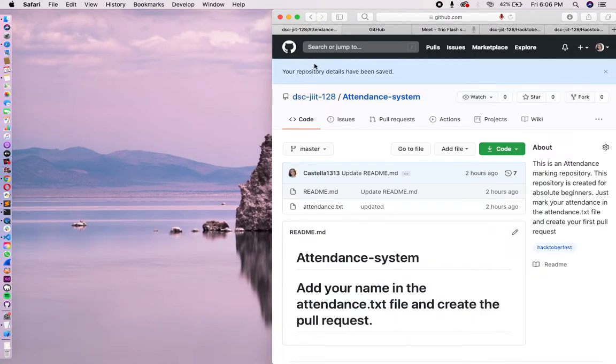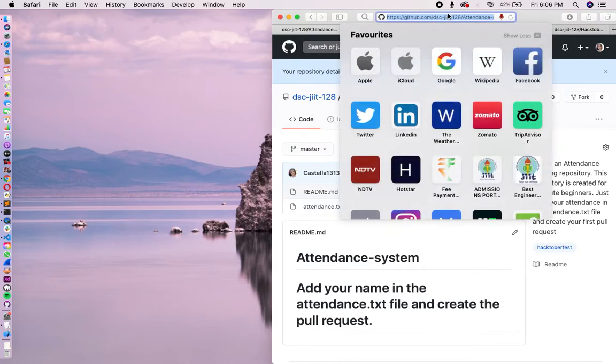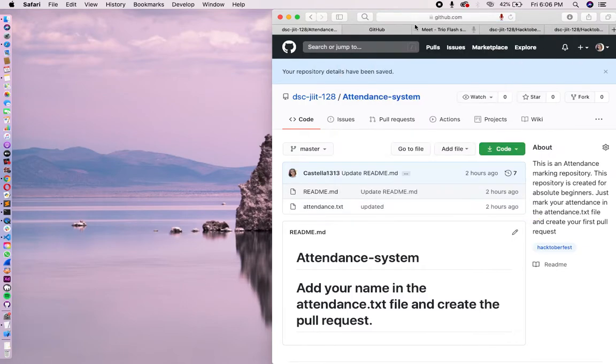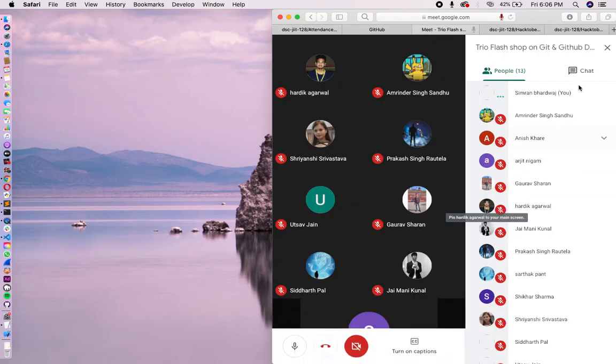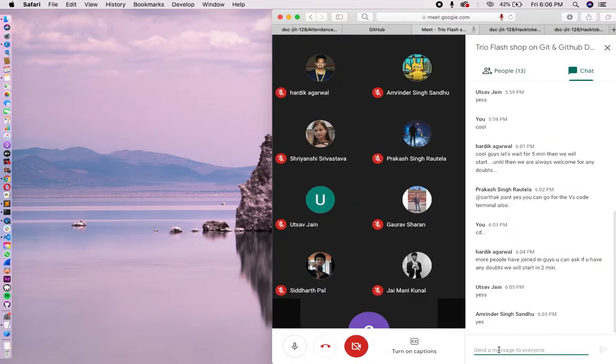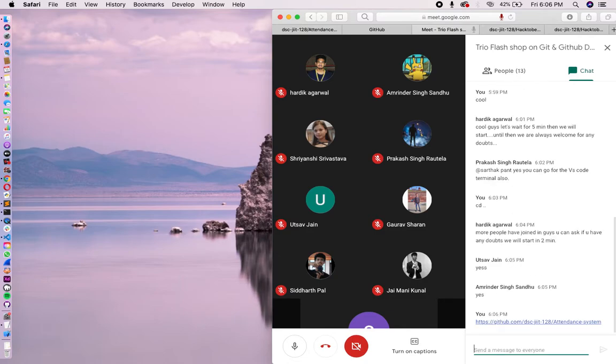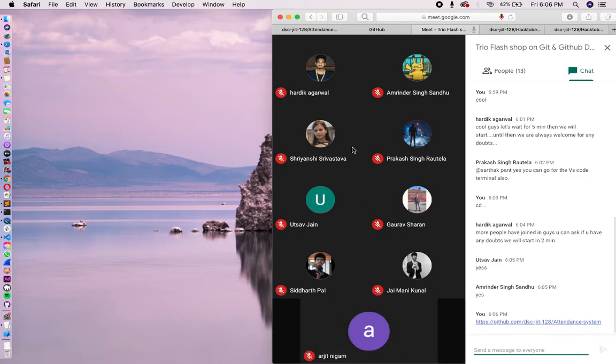Okay, so today we will learn how you can create a pull request in somebody else's repository. For that, there is a repository that we people at DSC have created. So I'm sharing the link in the chat box with you all so you can open this repository in your systems, and do let me know if you are able to open it.